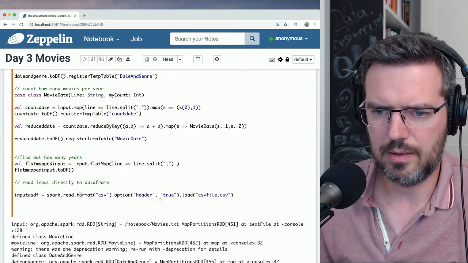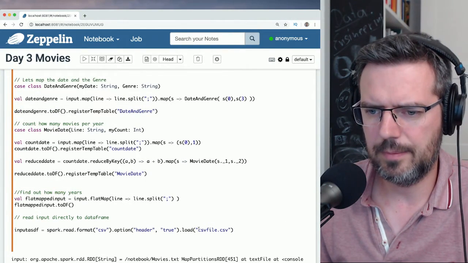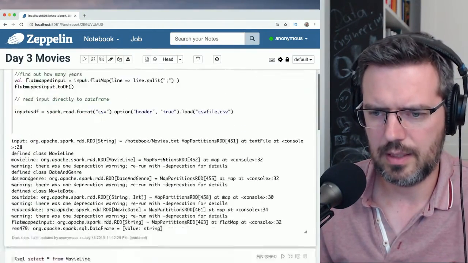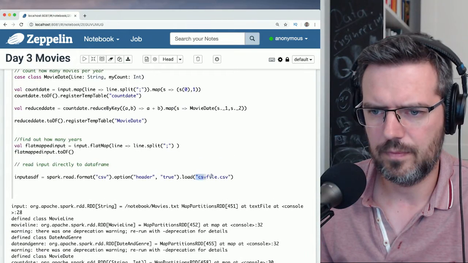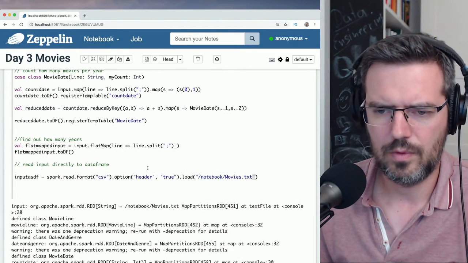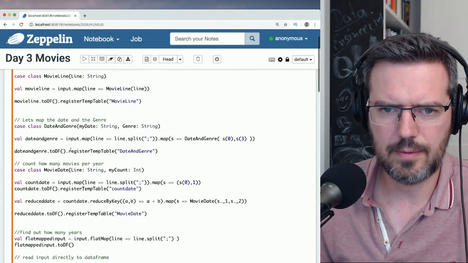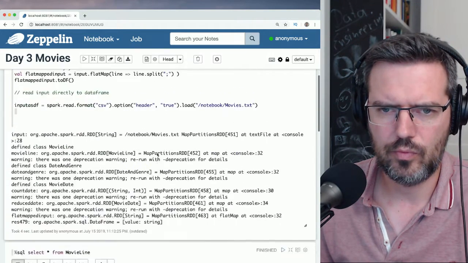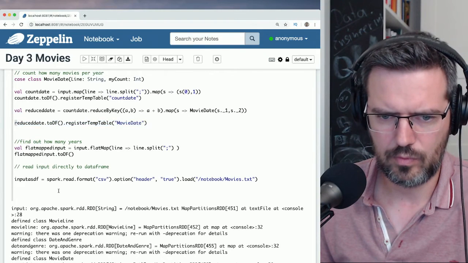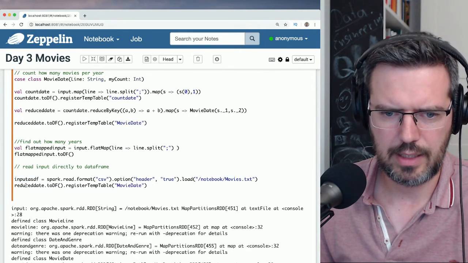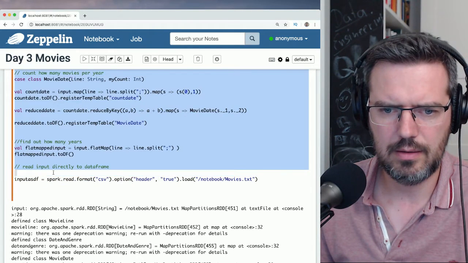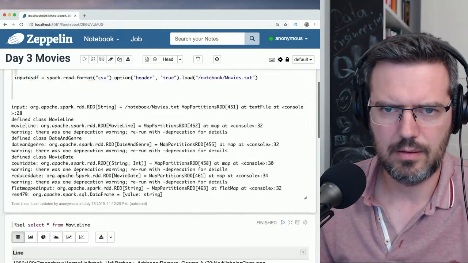Spark read format, header true, load file notebook text, and then let's quickly add this to it. No, data frame we have already. What has happened?